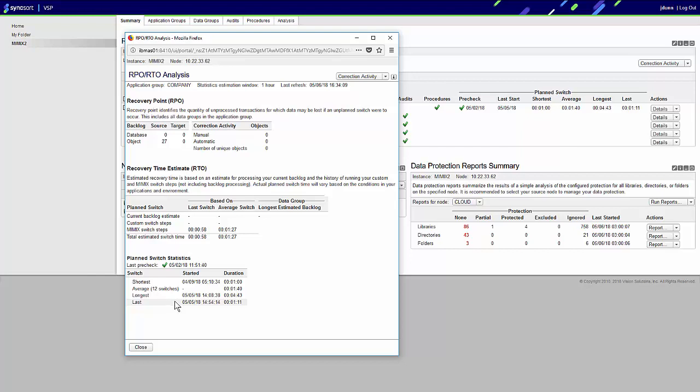Keep in mind that these new metrics give you insight into your recovery point and recovery time if a switch were done at this point in time, and it helps you identify trends based on the history of past switches. Both can be used to show your stakeholders that you are able to meet your HA metrics or service level agreements, or show you points in time where you may not be on target so that you can take action